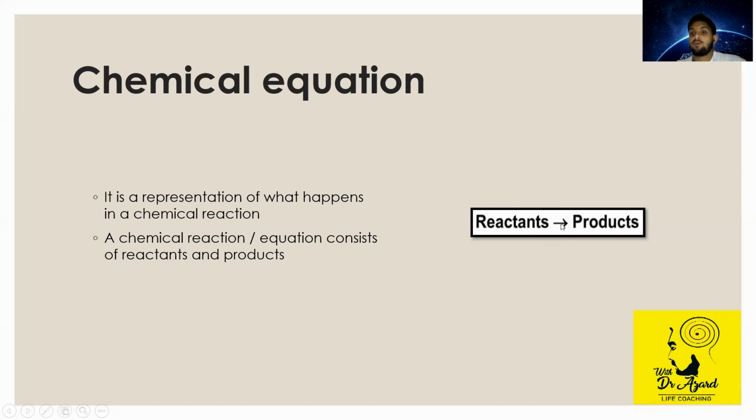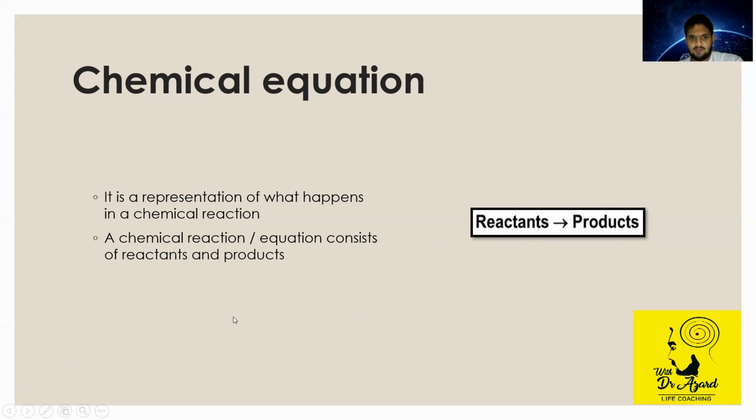So this arrow basically means, as I say, the arrow head points from the left side to the right side. So we know that the reaction goes from the left hand side to the right hand side. If the arrow pointed the other way, that means it goes the other way around. In that case, reactants will be on the right hand side and the product will be on the left hand side. Okay. So that's what this arrow representation means. So keep in mind what reactants are, what products are, and what this arrow represents.